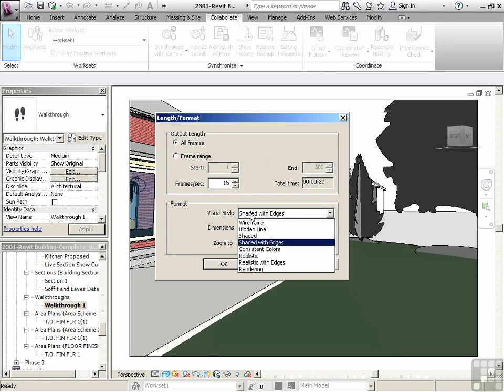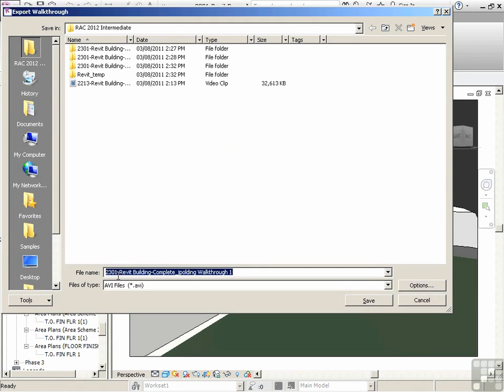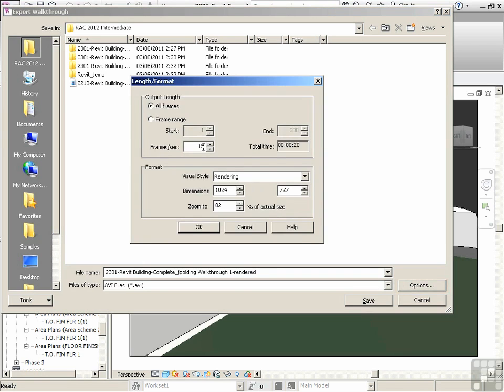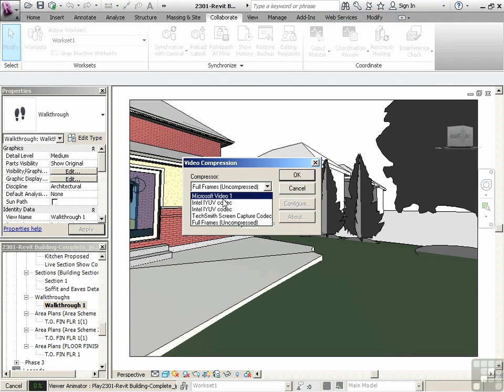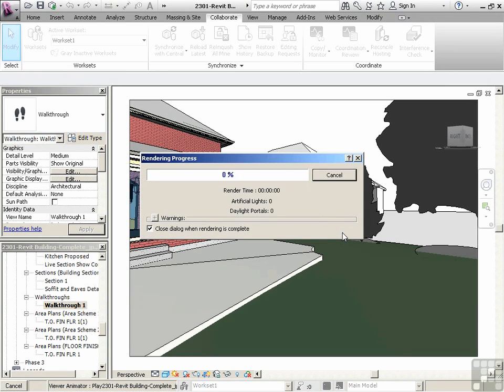And I could choose to go with rendering. Okay to that. Now you can see as I export it, the name is even different. So I'm going to say walkthrough, and maybe I'll just put on a rendered. Now if we click on options, you can always go back to that rendering setting. Okay. And then save. Choose how you want to compress it. Say okay, and then it's going to render it. Now this is going to take a long time, but if you'll notice,